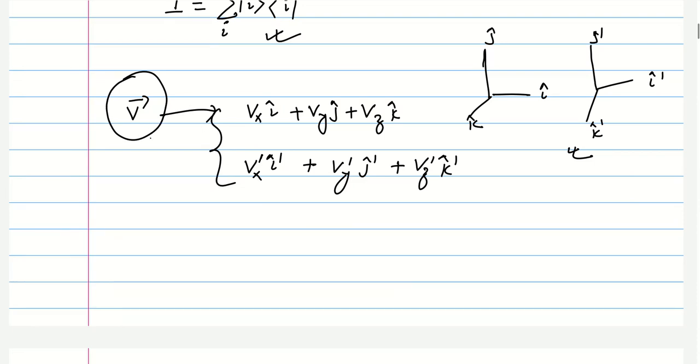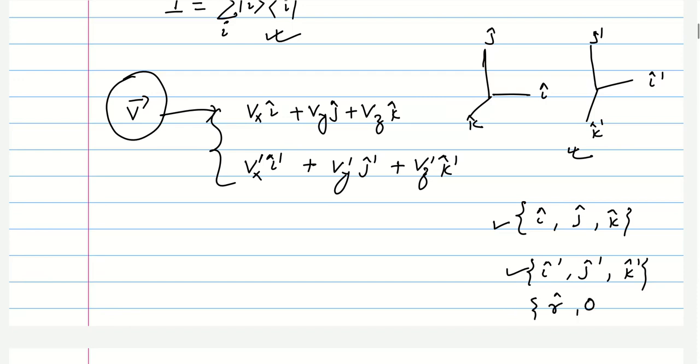There can be many bases. So there are many ways to represent this vector. What you did here is that in one case the basis was i, j and k, and in another case your basis was i prime, j prime, k prime. So you can choose to represent it in any basis. You can define more bases. You can define r, theta and phi basis also, right? So there are many possible bases.